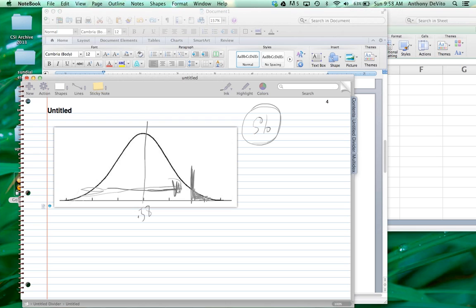So if we go to our Z table and we want to look up what that Z score has to be, what does that Z-score have to be? Well, that Z-score is the same Z-score that we would normally use for a 90% confidence interval,